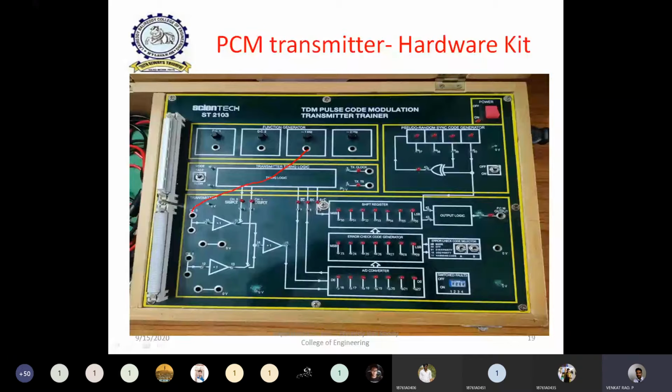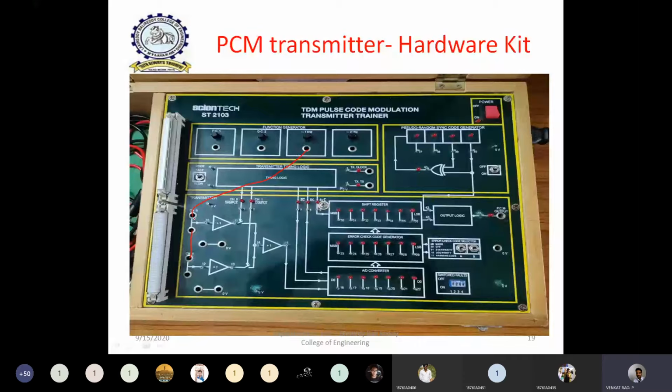Here there is another channel. Why are 2 channels given? For the purpose of multiplexing, if you want to multiplex 2 signals, this is the other channel. But if you don't want to multiplex and want to convert only 1 signal to PCM output, then you can use only 1 channel. Or else you can connect both channels the same way, so that finally only 1 signal is transmitted. After connecting the sinusoidal signal, first observe the signal in the CRO, its amplitude and frequency, and only then connect it to the input.